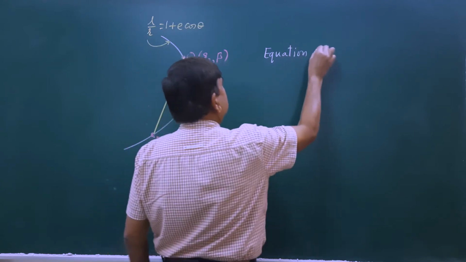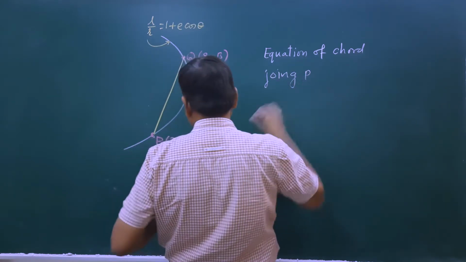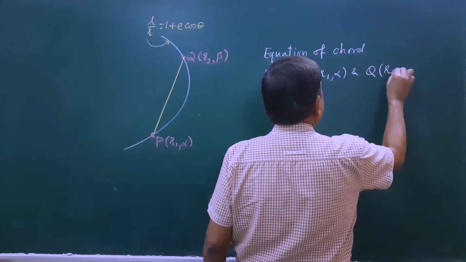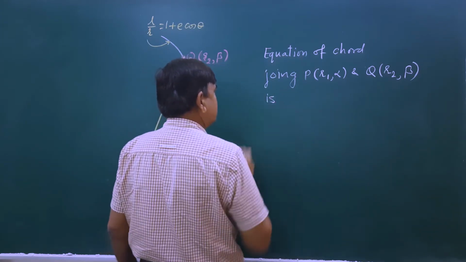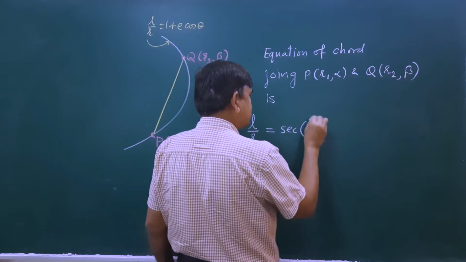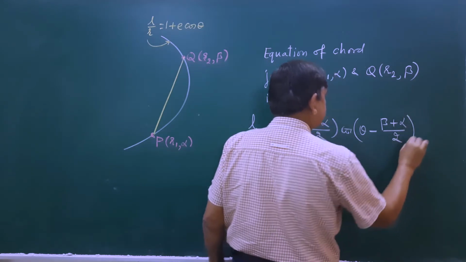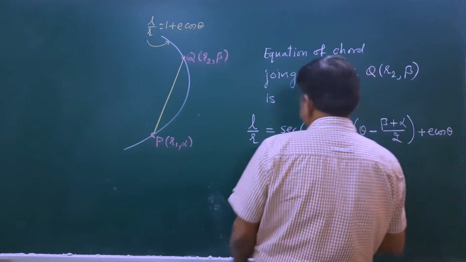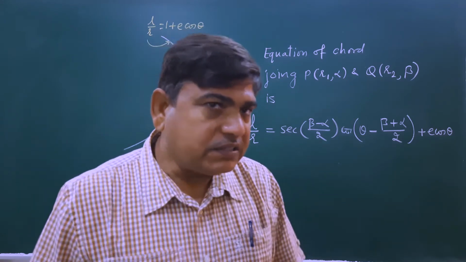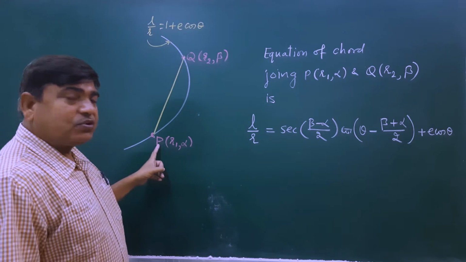Equation of chord joining P (R1, alpha) and Q is L upon R equals sec of (beta minus alpha) by 2 times cos of (theta minus (beta plus alpha) by 2) plus E cos theta. Yesterday we derived this equation. This is the equation of the chord of the conic joining these 2 points. That means this is the equation of the chord PQ, where P has vectorial angle alpha and Q has